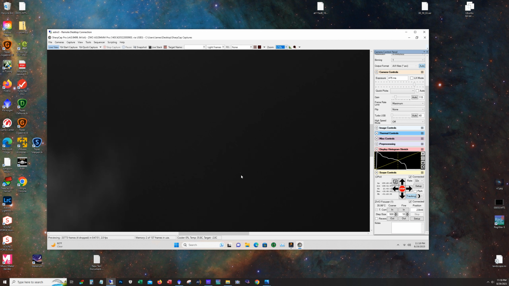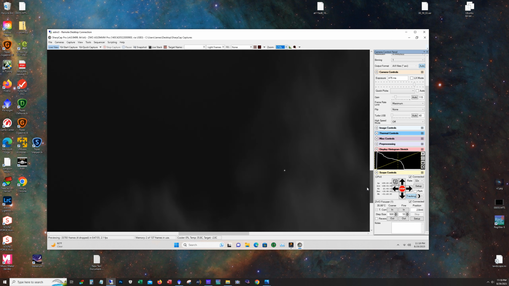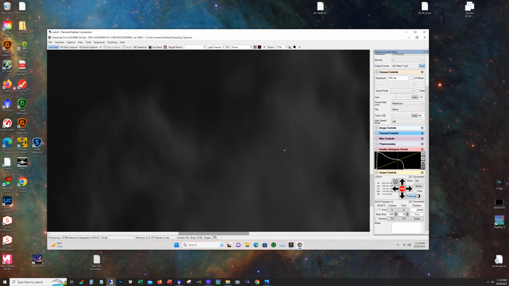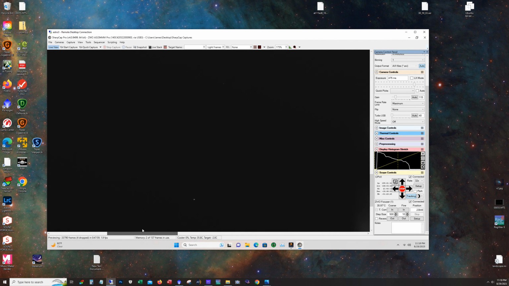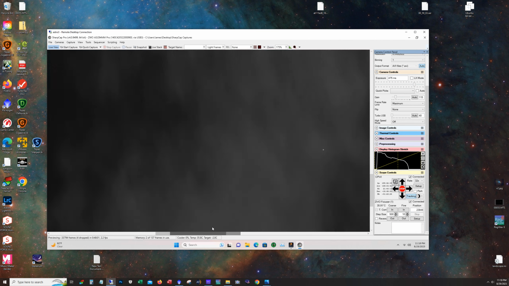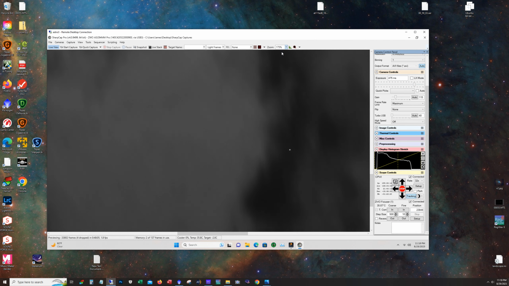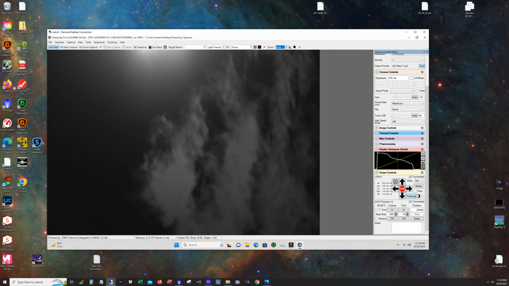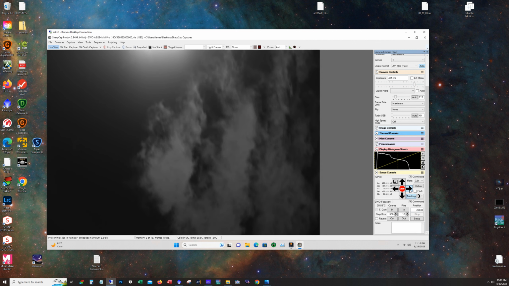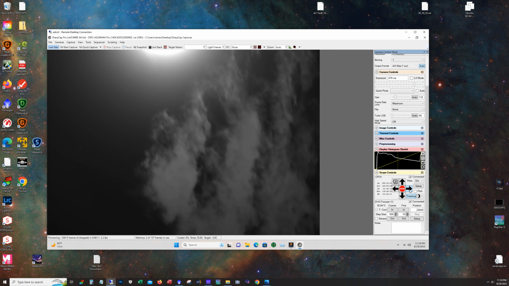Now, if we leave it on this setting here, actually first, let me zoom in, just so we can get, oh, there's a little star there, a little faint star. Yeah, I mean, clearly that's a star. There's another one. So this camera is now set to show the stars and also reveal the clouds. And if I move it back towards the moon,